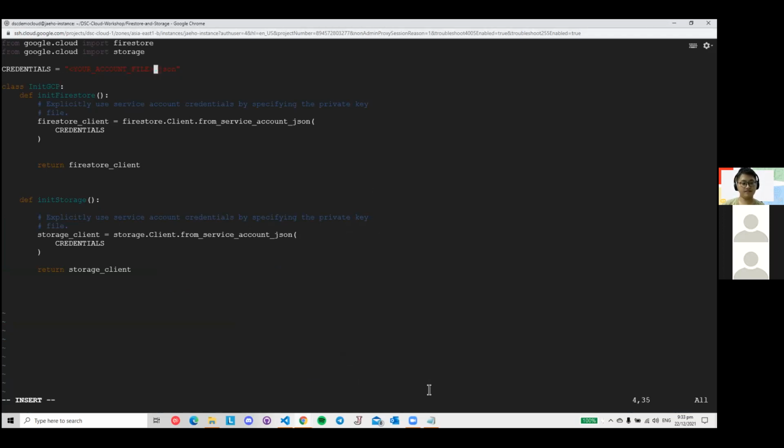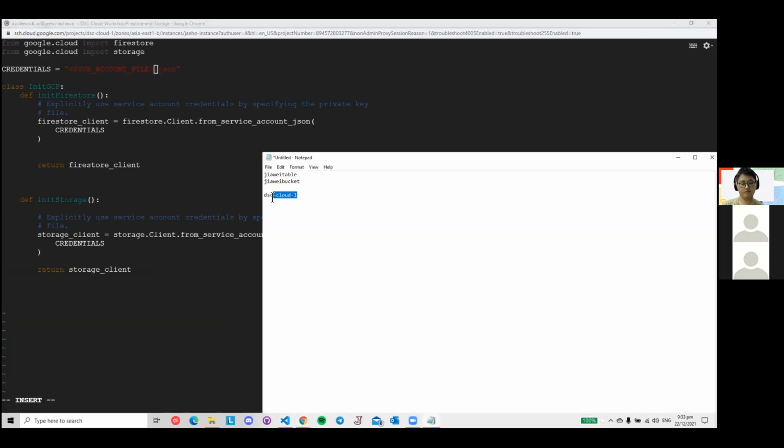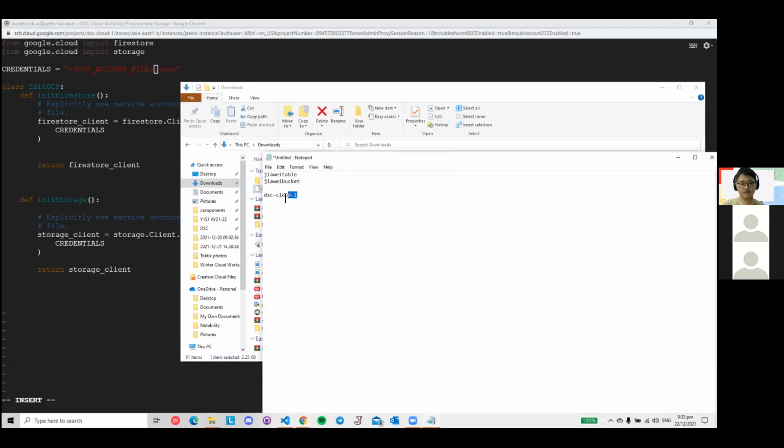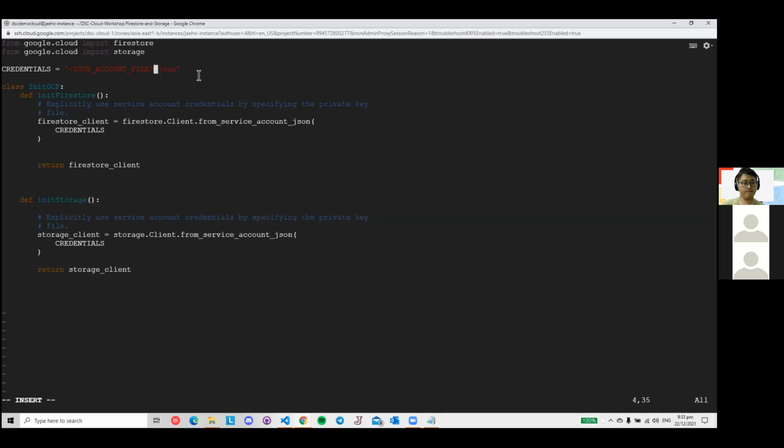And then we copy the file name of the credential file we downloaded just now, and paste it here. Please note that your file name might be different from mine, depending on which project you are from. If you are from the DSC Cloud 9 project, your file name should be called DSC-Cloud 9. Okay, so to save, we press